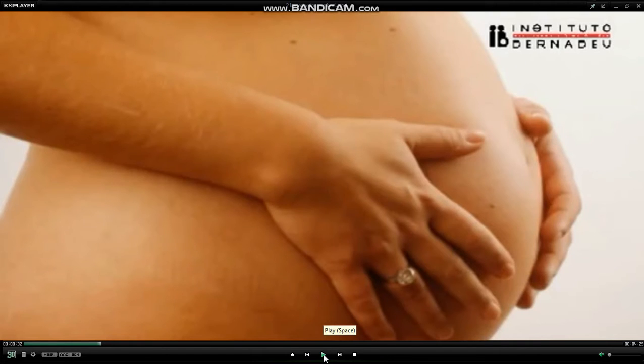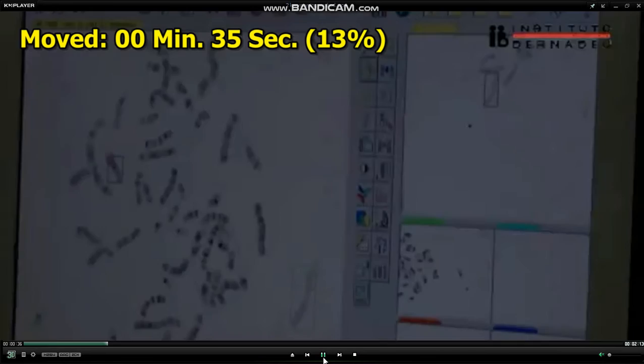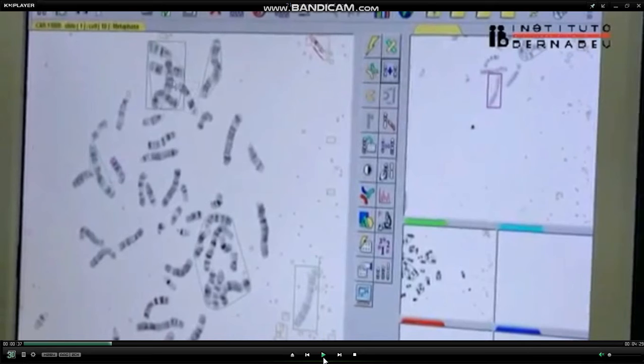Now this is a case of prenatal diagnostics usage, where we have aspiration of amniotic fluid. As you already know, this is amniocentesis, where the patient is under local anesthesia only. The sample will be taken from the amnion. Many of you know this, but I would also like to show the karyotype.